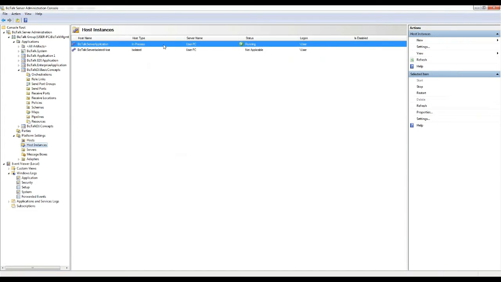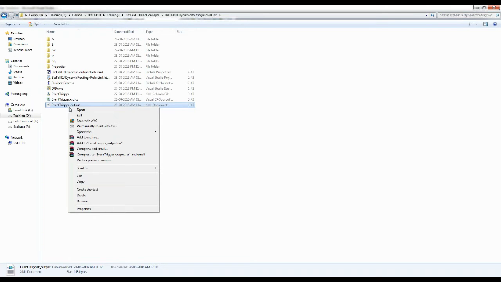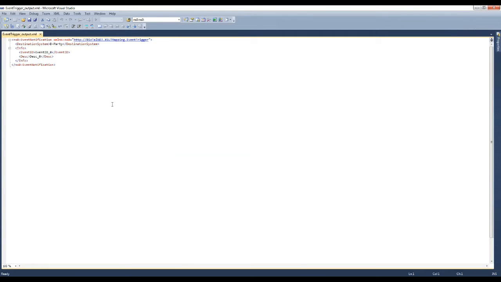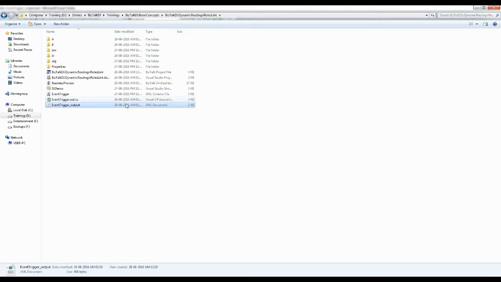I will restart the host instance and process the message. Now let us try to process the message. And we will provide the destination system as A-party, which is nothing but the party name that we configured.